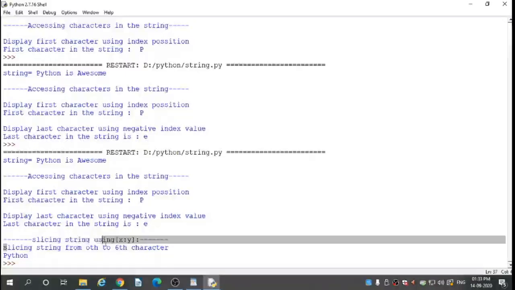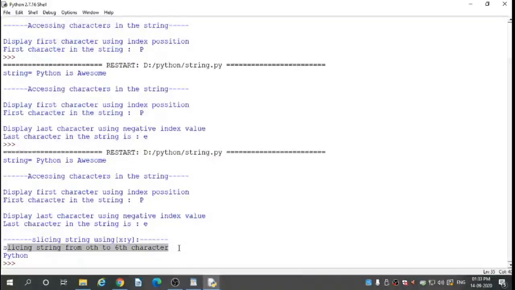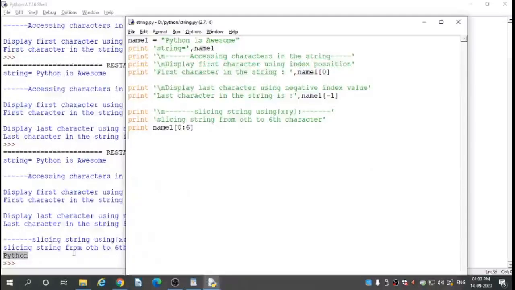Slicing the string from 0 to 6 characters, Python is our output. Again, P is 0th, Y is 1, T is 2nd, H is 3rd, O is 4th and N is 5th, and the space is also considered.